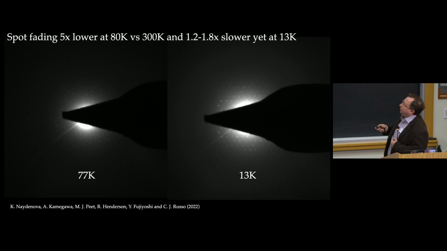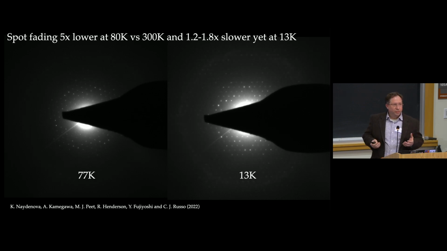You can even see the water ring. And at 77 Kelvin, you can see that they fade significantly faster than at 13 Kelvin under the same irradiation conditions. And this is direct evidence for the fact that the effects of radiation damage are being reduced at these lower temperatures. The primary radiation damage process itself, we don't think this is making any difference to that, actually,